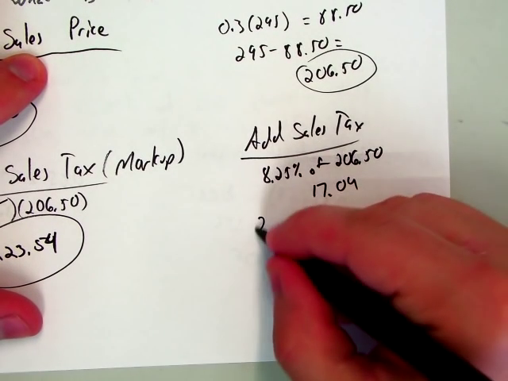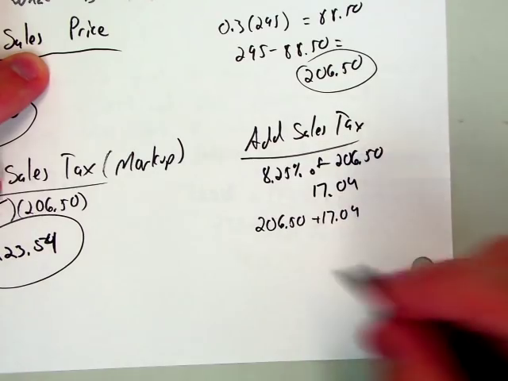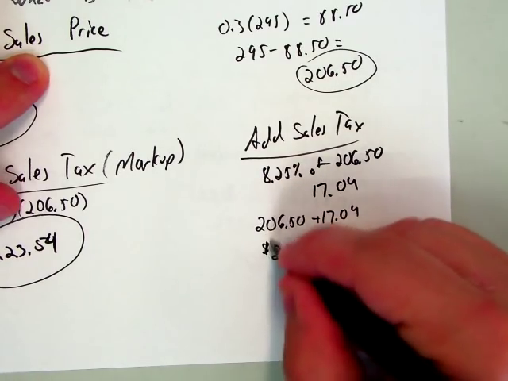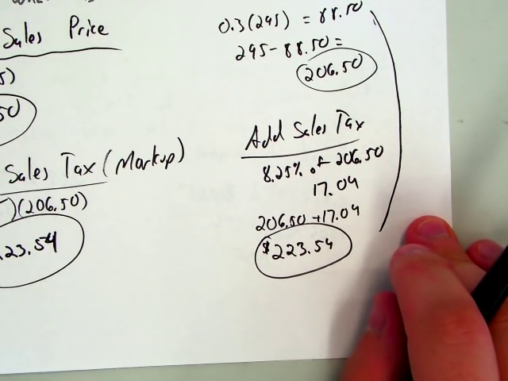And then you add that to the sales price, and you would still get $223.54. Doing it this method is a little bit more work,